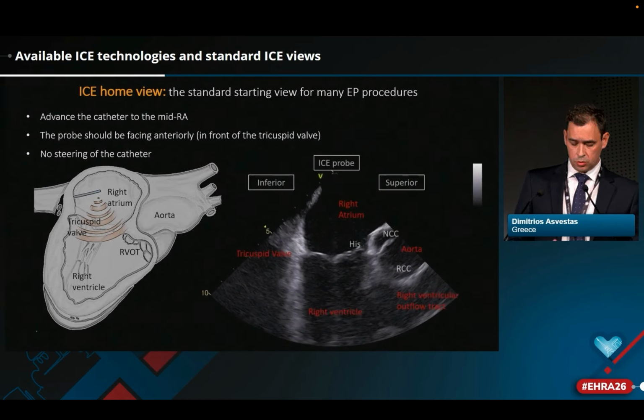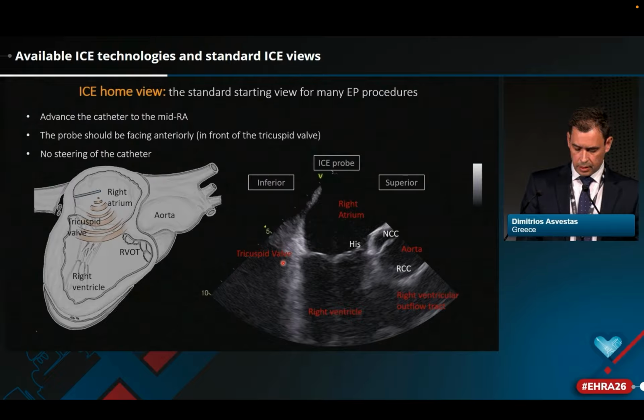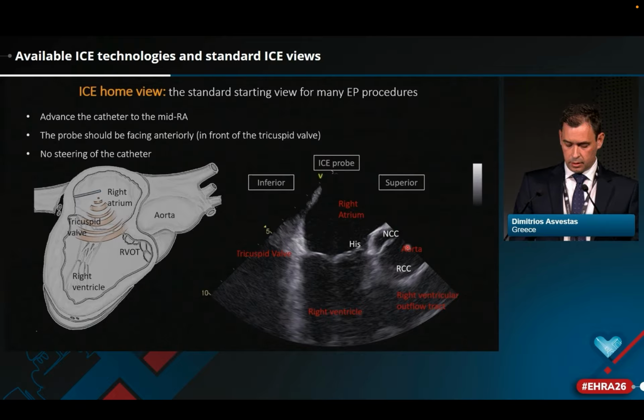So the home view shows the right atrium, the tricuspid valve, the right ventricle, the right ventricular outflow tract, and the aortic root with the non-coronary cusp closest to the transducer and